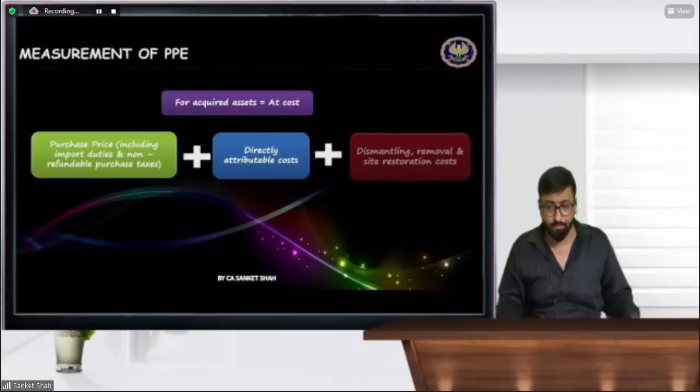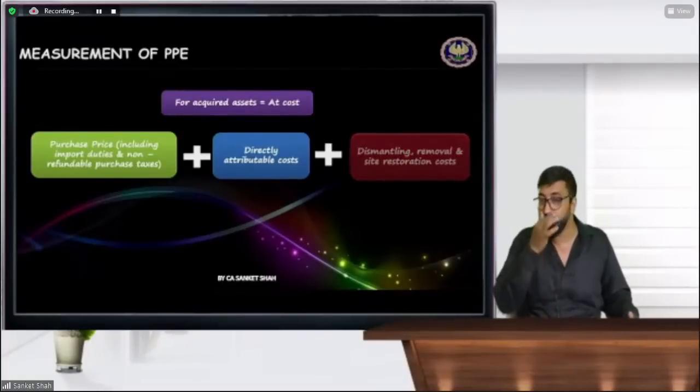Third one, in case of measurement, there are 3 costs. One is the servicing cost, day-to-day servicing cost, transfer to P&L. The second one is the replacement cost. Replacement cost, previous replacement you will deduct, and new replacement cost you will add. Similar to that, inspection cost, previous inspection cost will be deleted, and new inspection cost you will add.